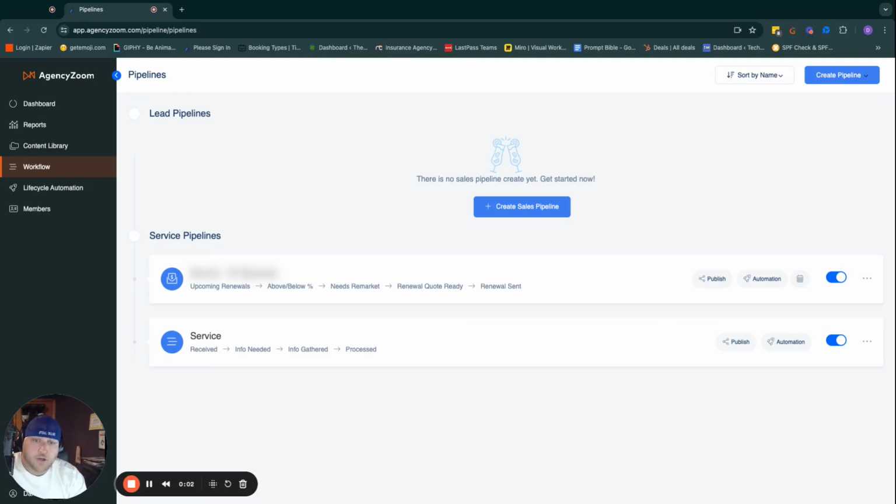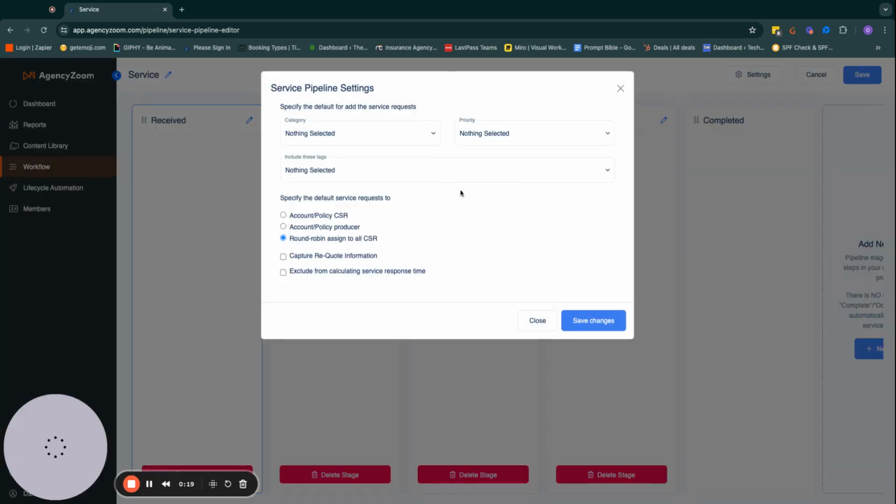We are going to take a look at creating a service pipeline inside of AgencyZoom here. So you can get to your pipelines, obviously, by hovering over Settings, clicking on Pipelines, and then you will see this blue Create Pipeline button up here. If you click on that and you just click Create Service Pipeline, nice and simple, it's going to open up